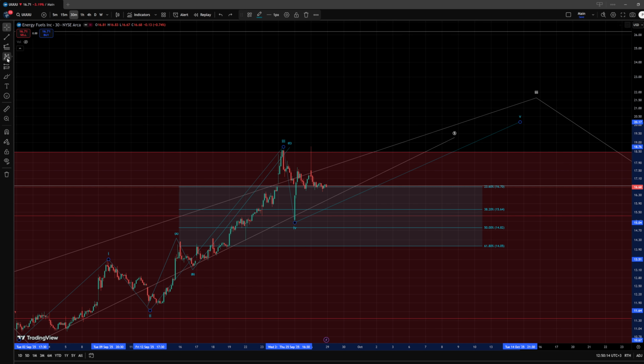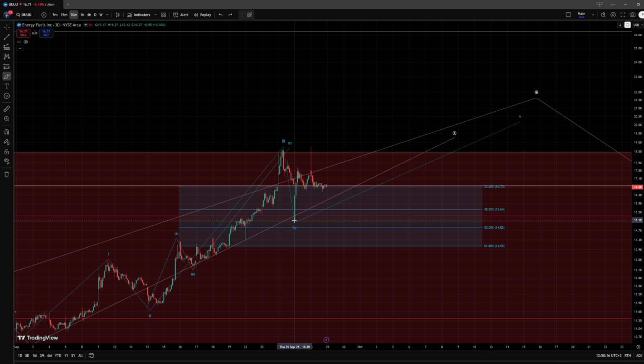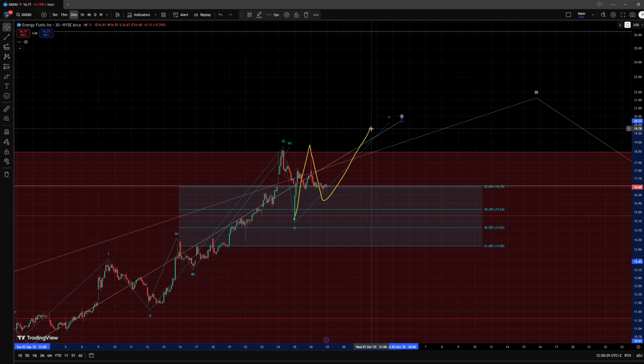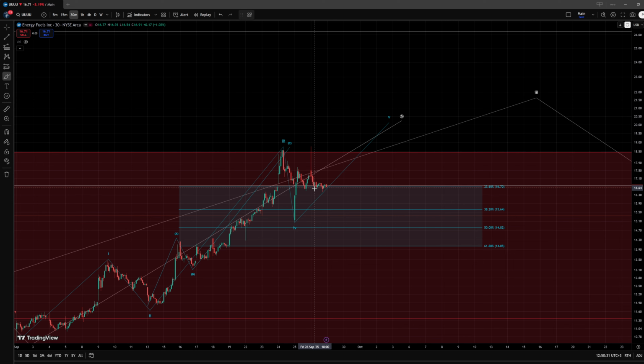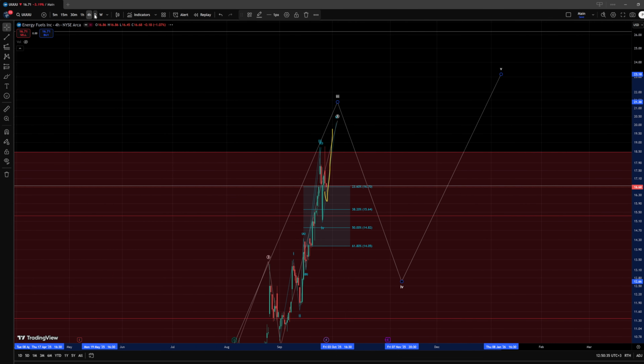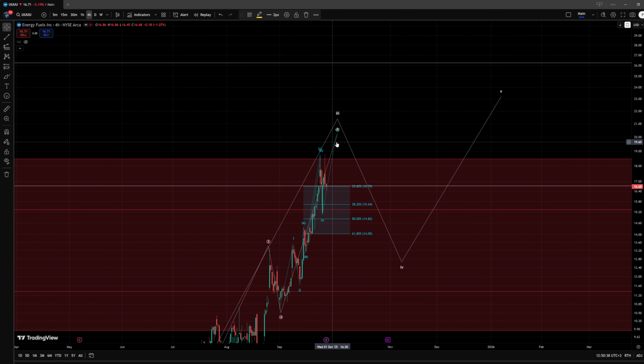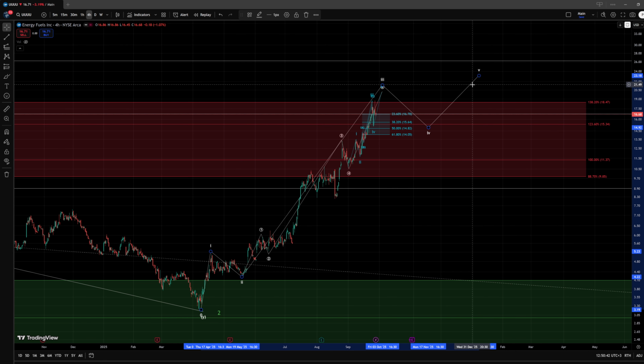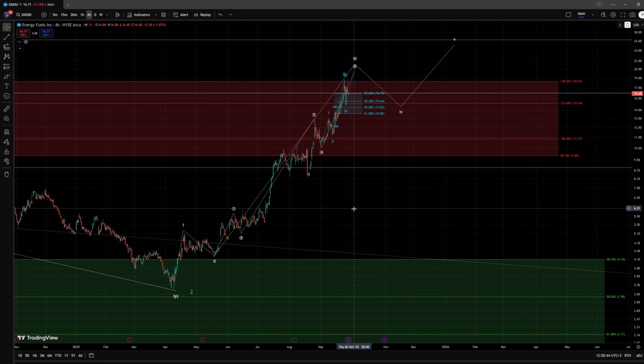But I also have to mention that technically this could be an A wave up and down, and then now we could be looking for a B wave down, and we could even be in the fifth wave to the upside, and we would really only need a wave C to complete this movement. So technically within the next leg up we could have a full pattern within this third wave, and then we could expect a pretty significant correction on this chart as well, as we also do on the uranium energy chart, where